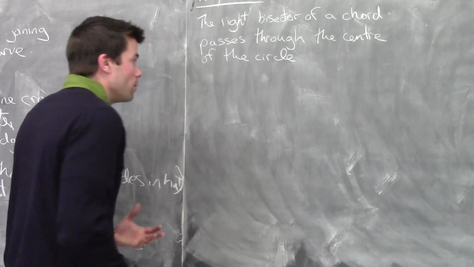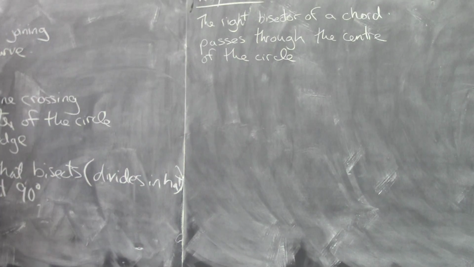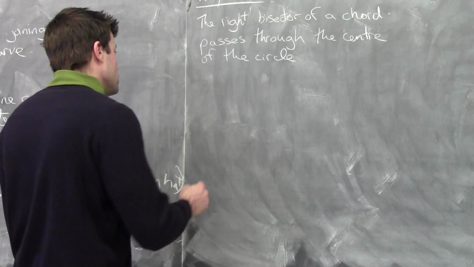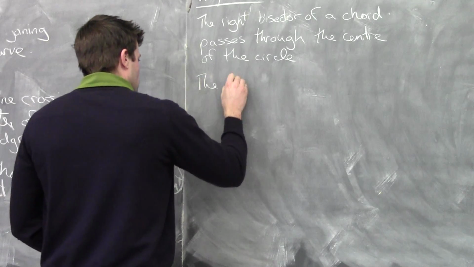Okay, that's one of the main parts of this lesson, is to understand that the right bisector of a chord passes through the center of a circle. Again, what's a chord? Any 2 points on the outside of a circle. Okay. The other key point, which I think is obvious, I didn't mention it, but the diameter